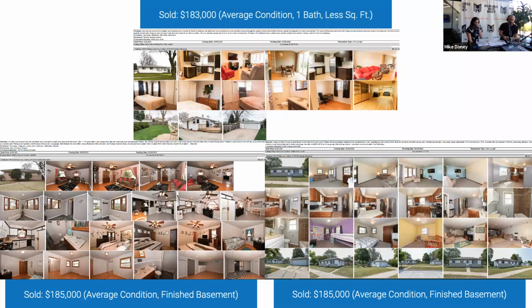So then we go through the next subset. We've got a couple sold at 183, average condition, 1 bath, less square footage. We look at the 185. It's in good condition, but unfinished basement. And then we have one sold at 198, finished basement, but the kitchen needed updating, right? So if we take to that,